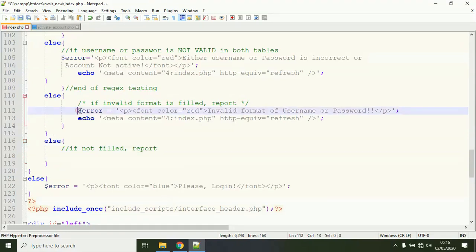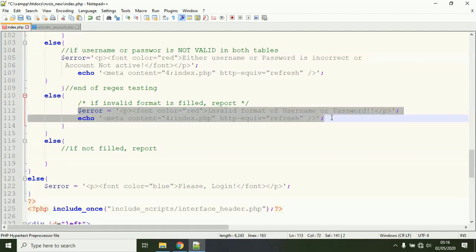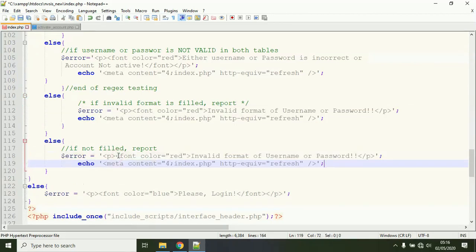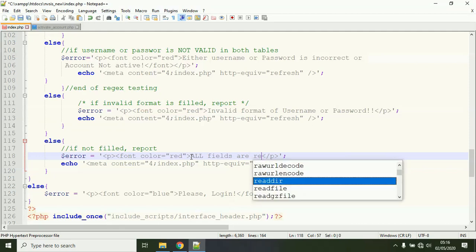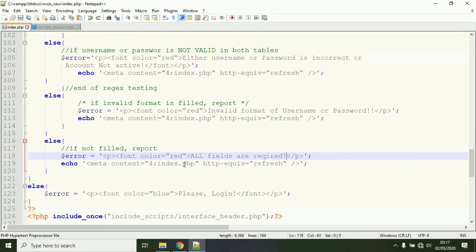Like this one here is the error: not filled. Now say all fields are required. Now if it fails, then return him or her to the index page. Now else